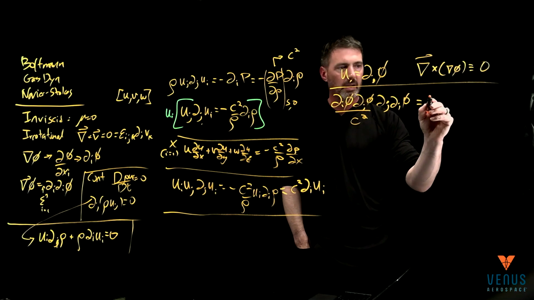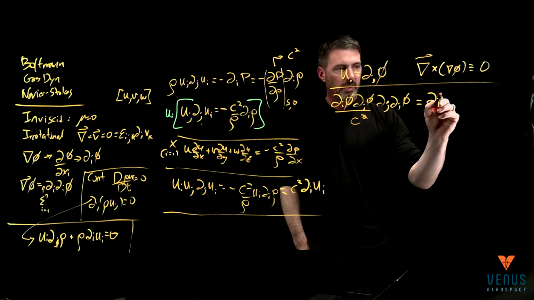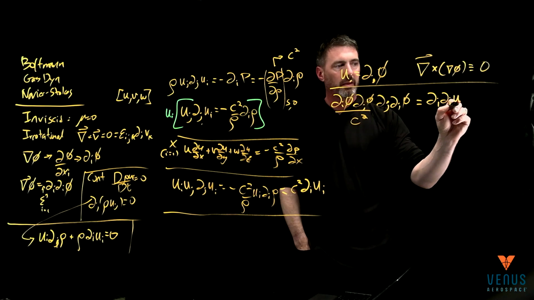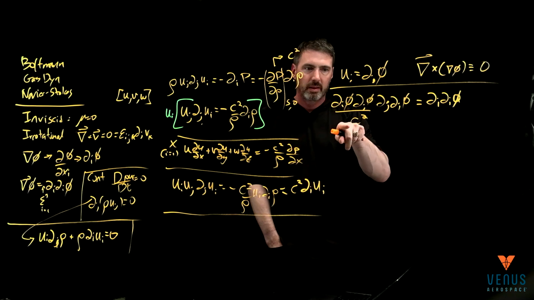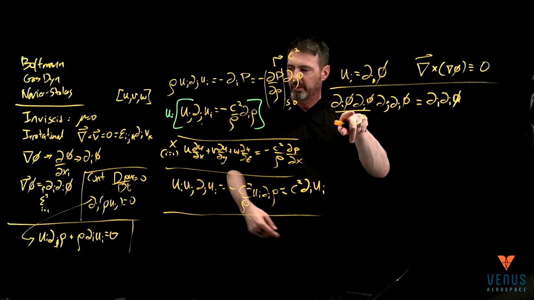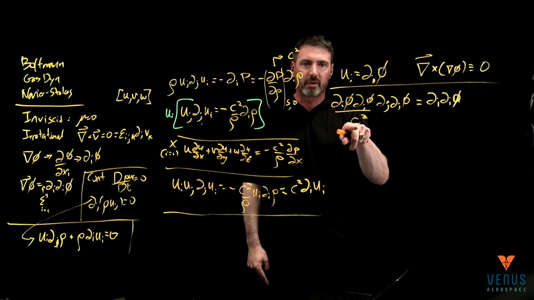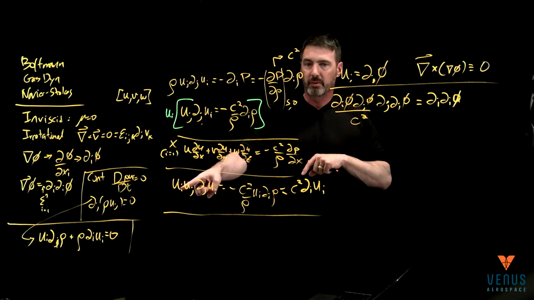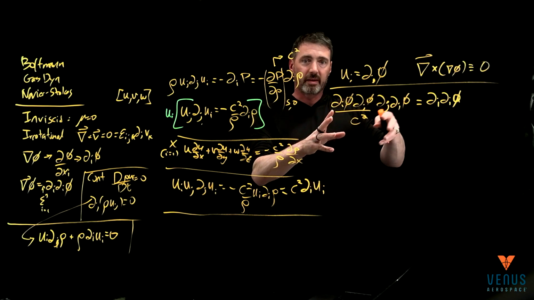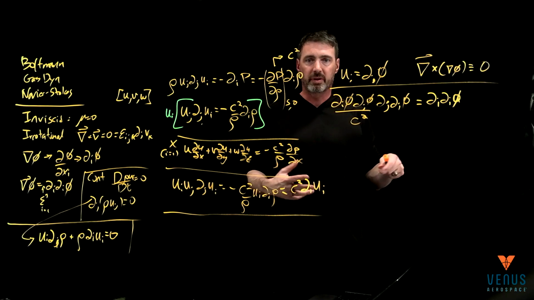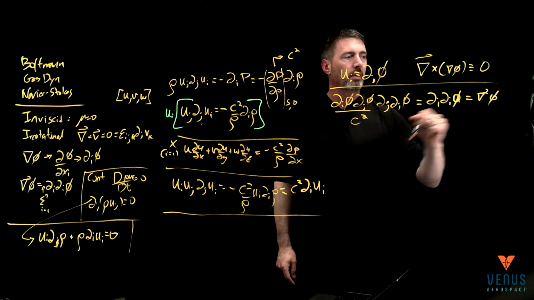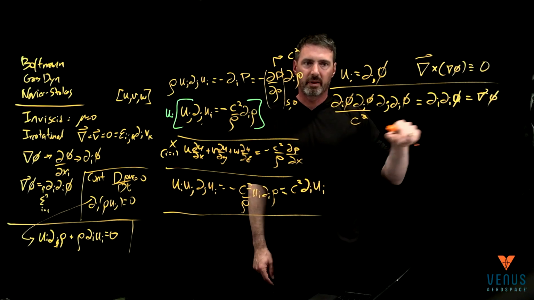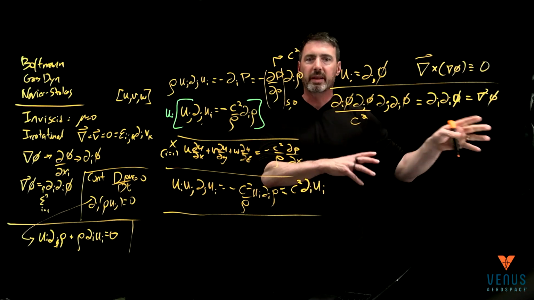That's equal to del i of phi. Okay, so these are velocities. Remember, this actually was ui and uj. And so if the speed of sound is way bigger than ui uj, this entire left-hand side goes to 0, and we actually get back our incompressible, which is just the Laplacian of the potential. So we would get incompressible.